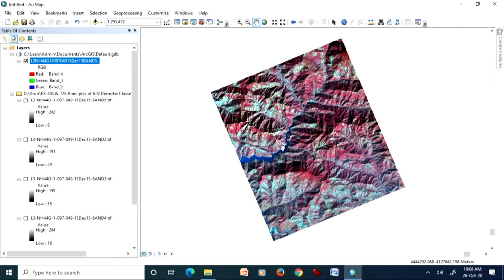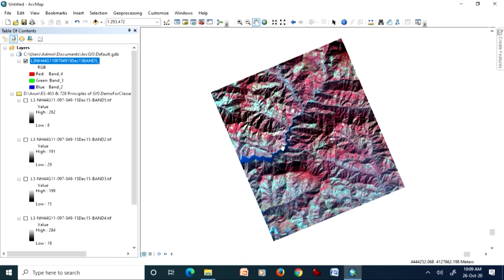In ArcGIS, you have to use an extension called ArcScene, and using that extension you can create a 3D perspective employing two main data sets, both raster: one is the digital elevation model, another is the satellite image. Both should belong to the same geographic coordinate system and should have very good georeferencing. If that is done, then you can create a 3D perspective view of your study area.